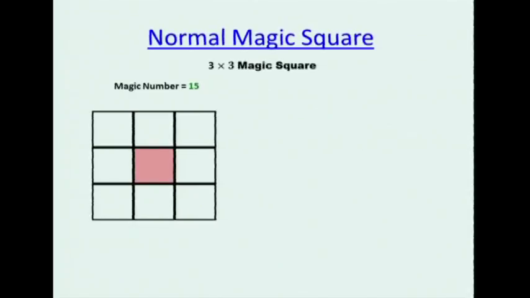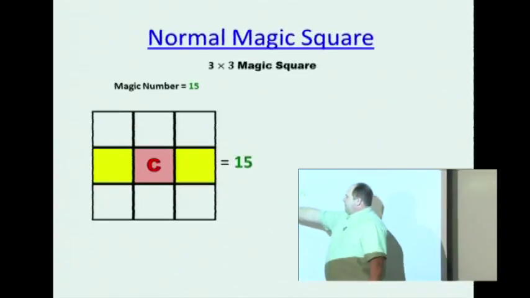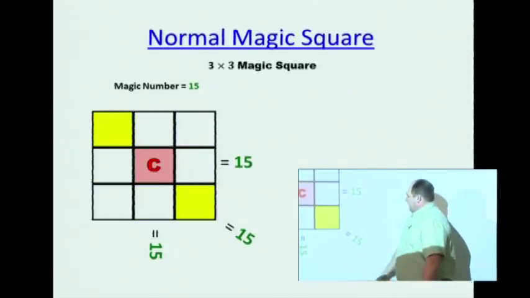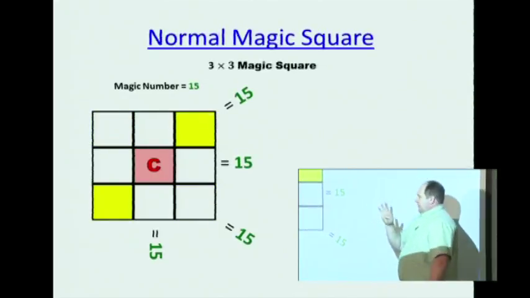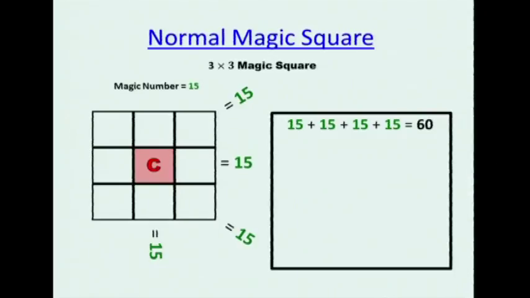Next, we can do a little careful deduction to figure out what this middle number has to be. I'm going to call it C for a minute. And notice that I'm going to use C plus 2 numbers to equal the magic number, that's 15. I use it again here, I use it here, and here. I use it 4 times. So 15 plus 15 plus 15 plus 15 will equal 60. C makes up 4 of these. So one of the C's is in here, adding up the numbers from 1 to 9, and then I have 3 others. Using Gauss's idea again for 1 to 9, I have 9 times 10 divided by 2.